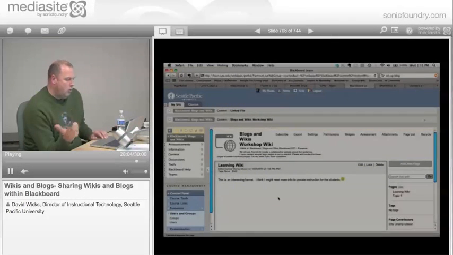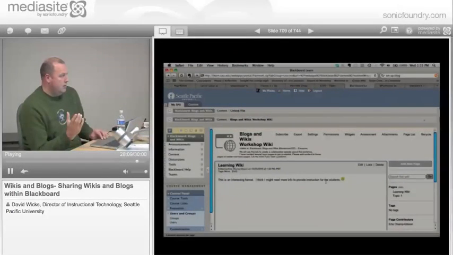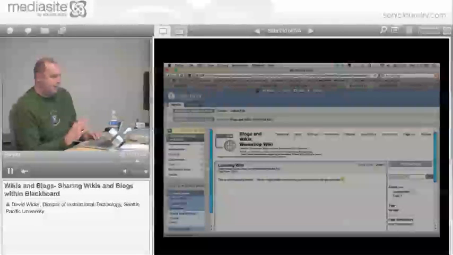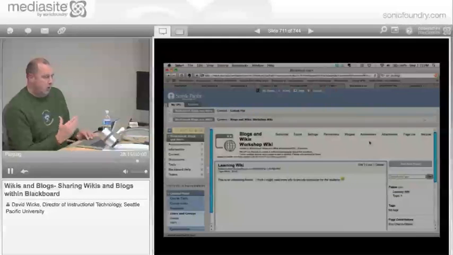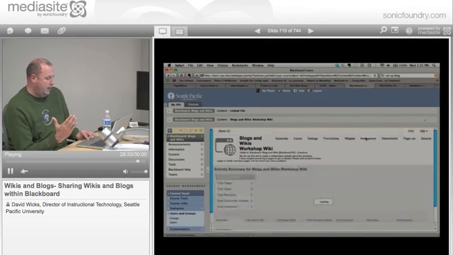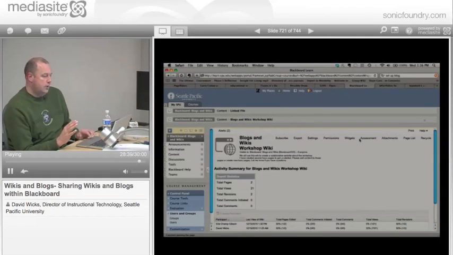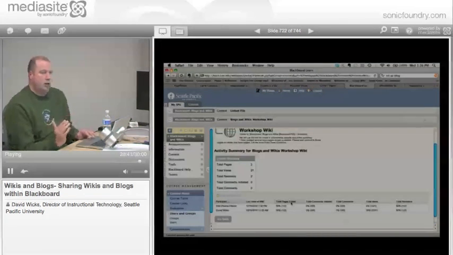And so then you have this ability to, in the blogs, consistently see what was going on by looking through the blog posts. There is an assessment piece in the wiki where if we click on that, we can see statistics. So we can see that right now, Erla and I have been editing things. And you need to know the assessment tool is there, but you also need to be very careful how you use it. Because right now it looks like you and I are doing all the work,